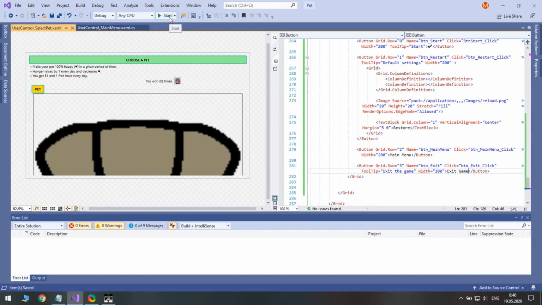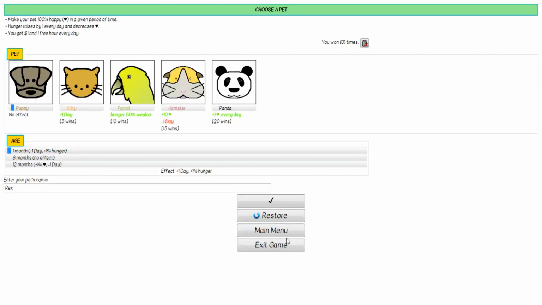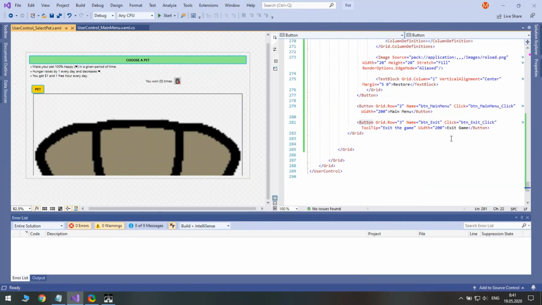When you write text between angle brackets, it is equivalent to filling a text block into the content of the control and setting its text.